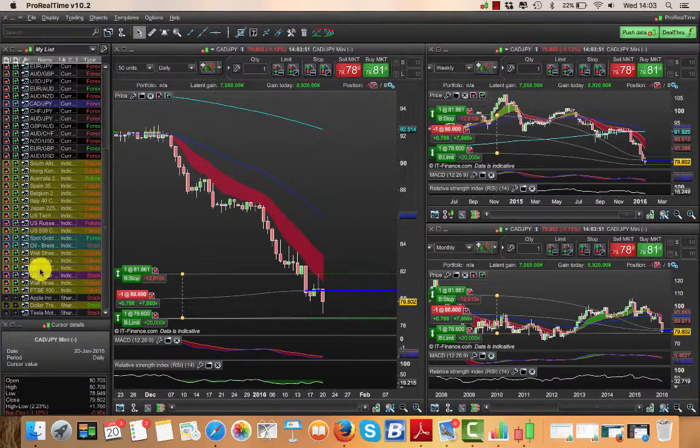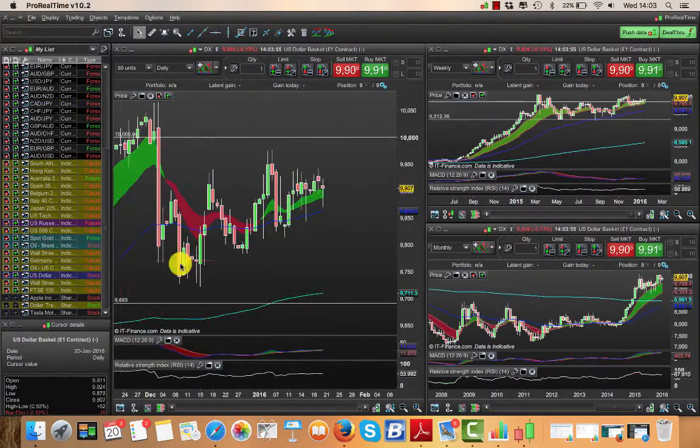So what's the plan for the week? Well, obviously to just manage the trades that I am in, and to see what's going on with the dollar index and how we can compare it to the other markets. But certainly my plan for the rest of the week is to keep an eye out for these downtrending and good uptrending markets, and to enter at the right time, and to make sure I exit at the right time.